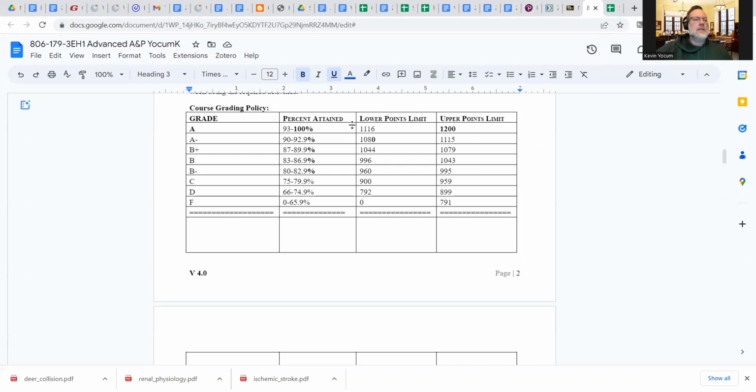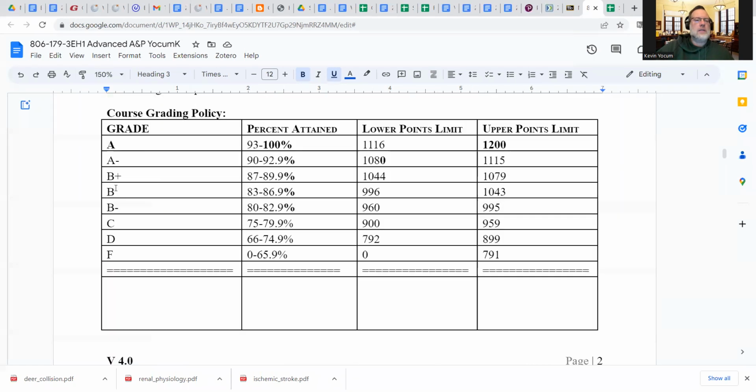So in the syllabus, I'm going to blow that up a little bit. There we go. So in the syllabus, you have the grading scale. The entire course is out of 1,200 points. This may be overkill for some of you, repetitive, but I want to throw this in here. I think most of you need to be in the B range, which says 996. But generally, if you've managed to sustain and earn an 80% or higher, so 960-ish points out of 1,200, you're likely going to see a B